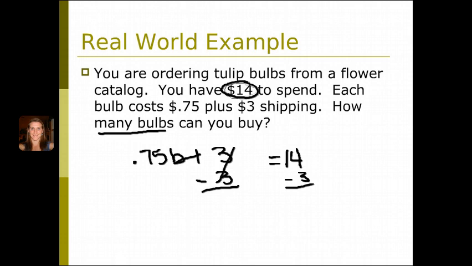And we're left with 75 cents per bulb equals $11. To find out the number of bulbs, I have to divide by 0.75. 11 divided by 0.75 gives us